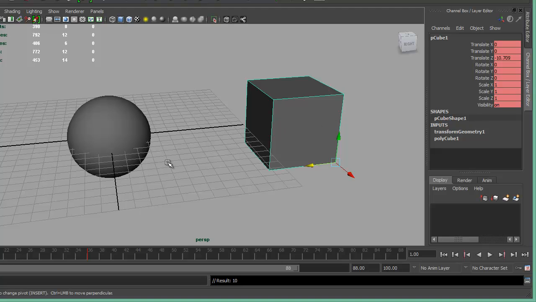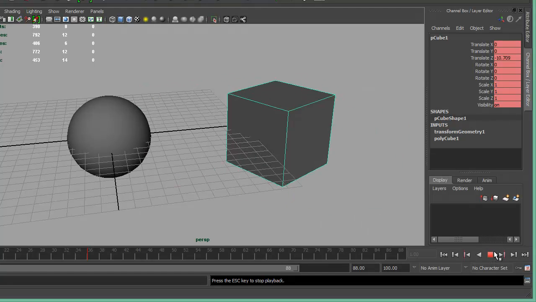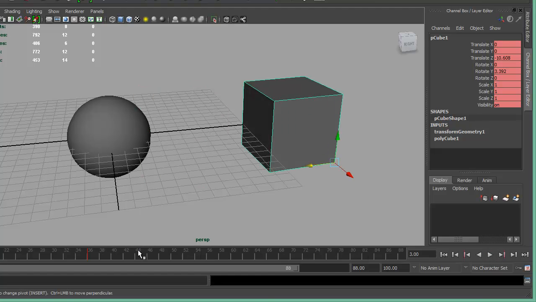It's going to move right back over. Let me demonstrate. Let's go back to frame 1 and play. And you see how it's shifting over? Starts over in the far right and shifts over to the left. All right, so if you are happy with the cube being located where it was located on the far right